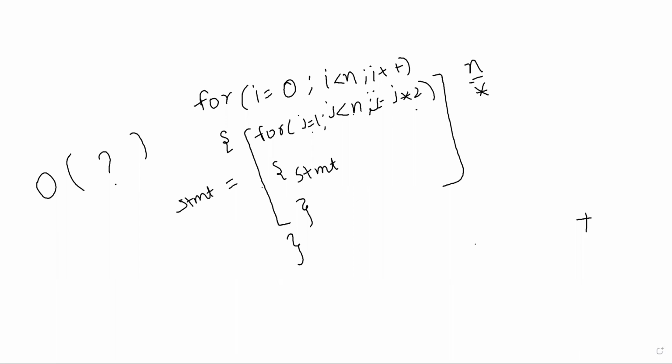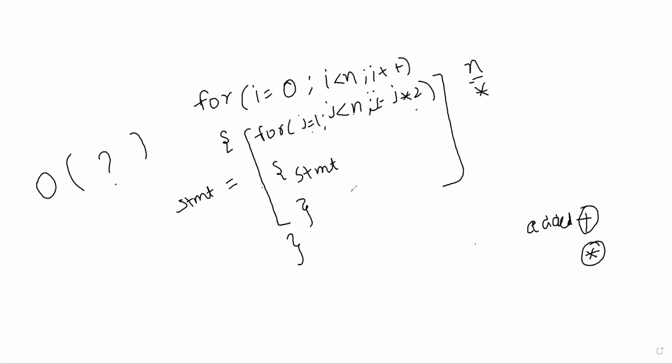Whatever is outside the loop gets added. Whatever is inside the loop, the time complexities get multiplied, because it runs that many times. If it is outside the loop, it just runs that many times. If it is inside, it is like an iterative process, it iterates. So that's why it gets multiplied. Whatever is inside the loop is multiplied, whatever is outside the loop is added.